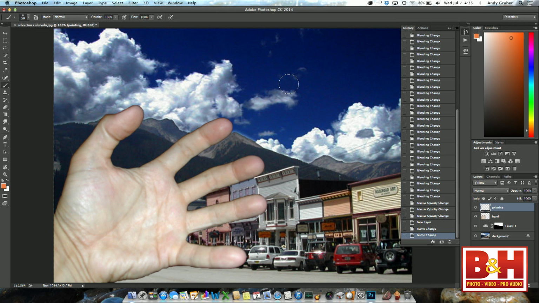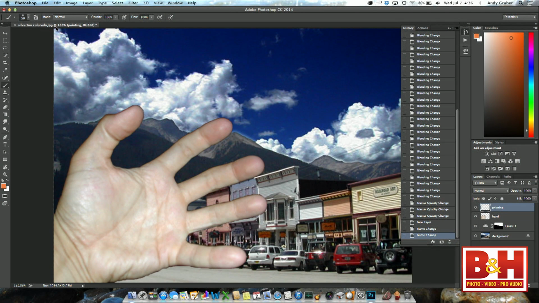OK, now I made a brand new layer to paint, and this is something that's really important. I think you should always keep in mind: if you're going to paint randomly on your photograph, never should you paint randomly on a layer that already has pixels on it. Why don't you paint on a blank layer so that you have more flexibility in what you can do with it? And with that said, if you paint on a blank layer, I don't recommend painting with blending modes too much, because unless you want there to be different blending modes on the same layer, I'll show you what I mean. So right now I'm at normal mode, 100% opacity,